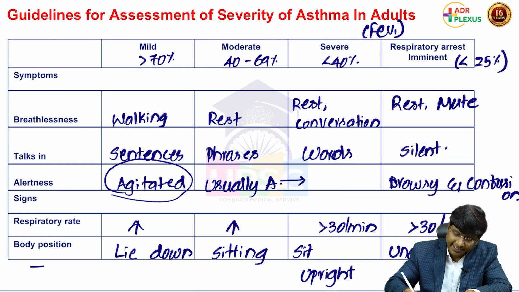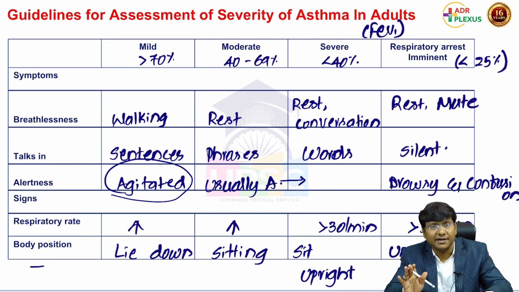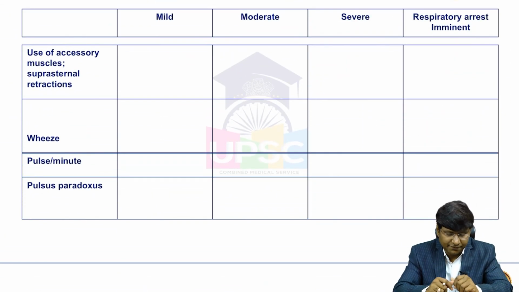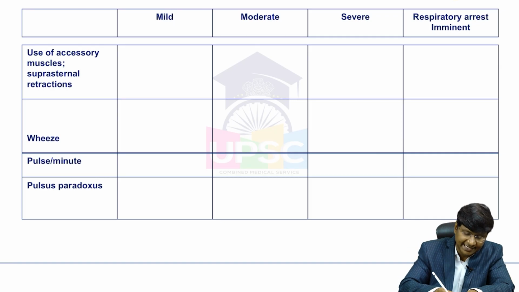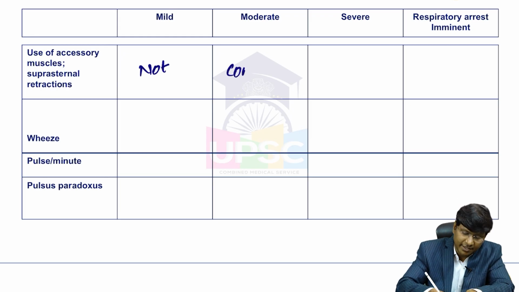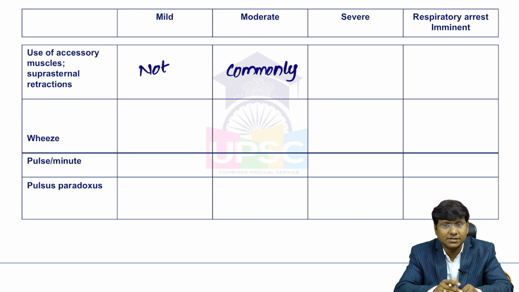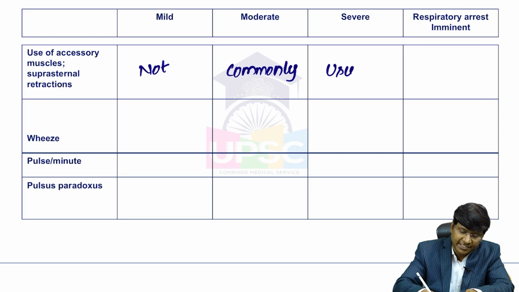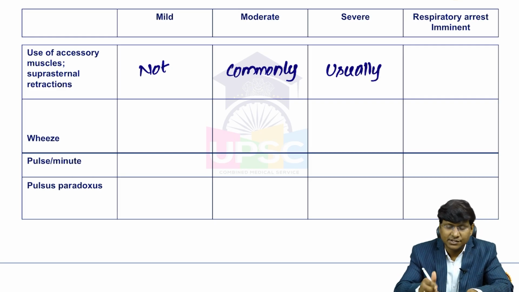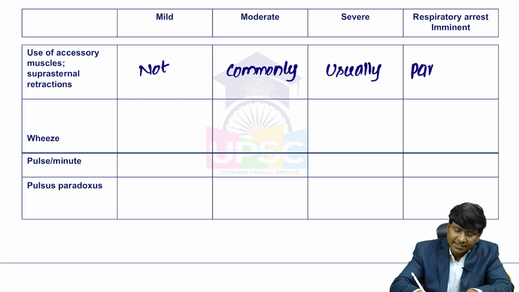Right? Unable to recline. That is what is seen in case of respiratory arrest. And what about the usage of the accessory muscles of respiration or suprasternal retractions? In case of mild, usually there is no usage of the accessory muscles. In moderate, commonly there is usage of the accessory muscles. In severe, usually there is usage of the respiratory muscles, whereas in respiratory arrest, these individuals will have the